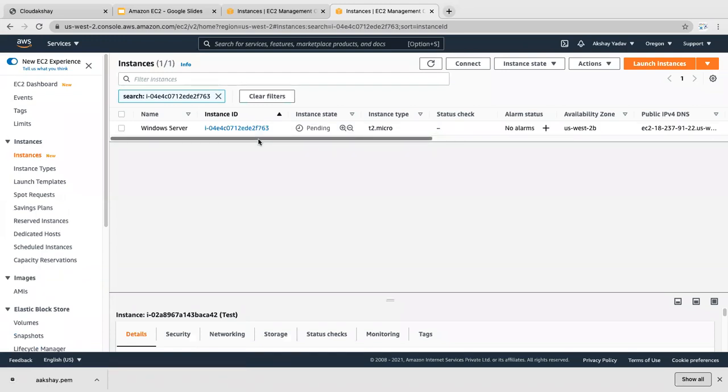So please wait for the instance state to be ready. So our Windows server is in running state, and let's wait for the status check.